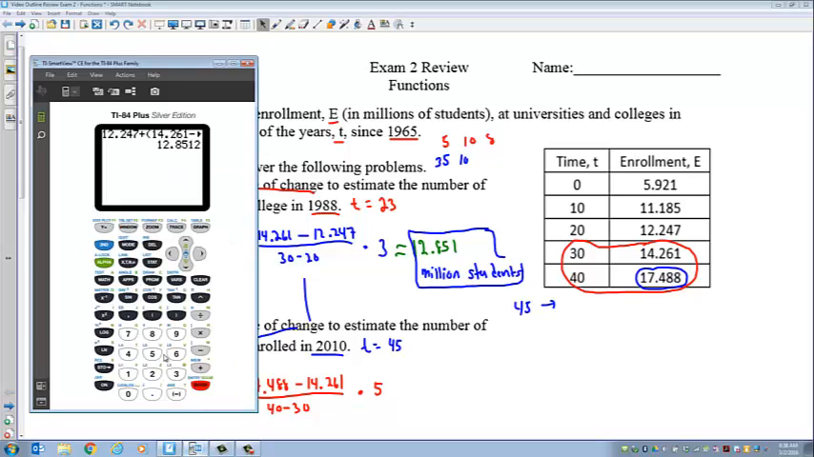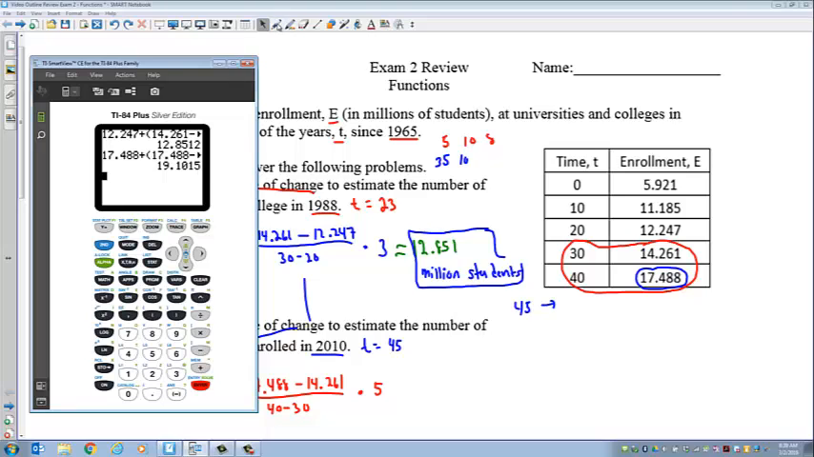And again, we'll put this into our calculator. So what do I have? I have 17.488 plus, left parenthesis, 17.488 minus 14.261, in parenthesis, divided by 10 again, because 40 minus 30 is 10. And then we'll multiply by 5. Remember, the reason we multiply by 5 is because we're going from 40 to 45, so we're going 5 years into the future. You'll hit enter, and out will pop our answer of